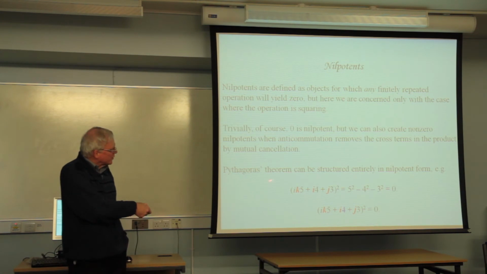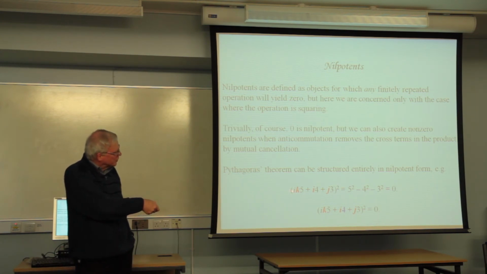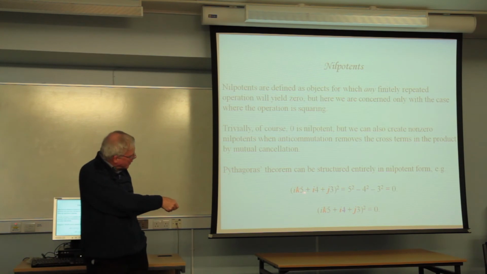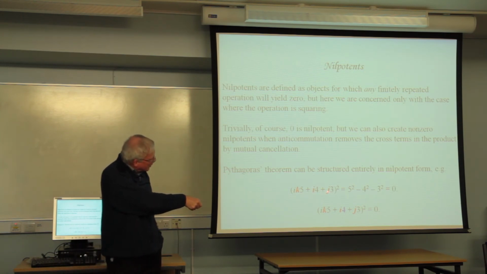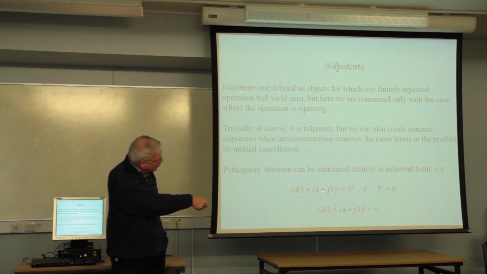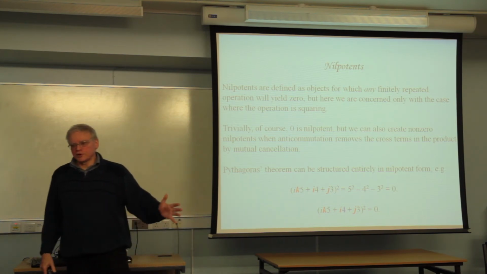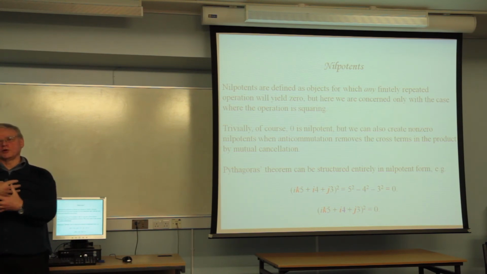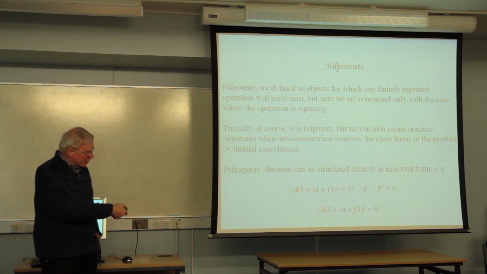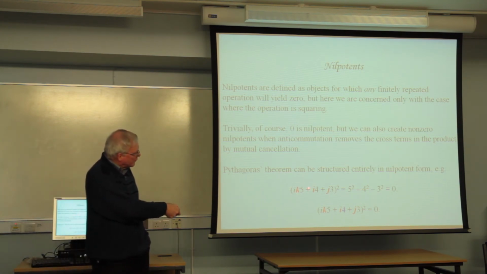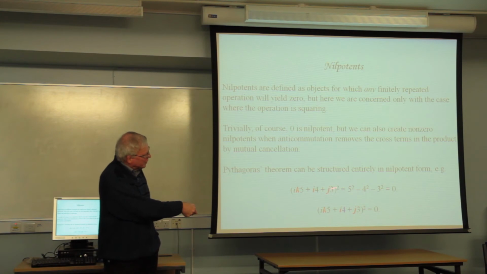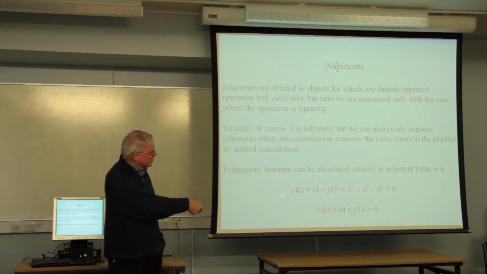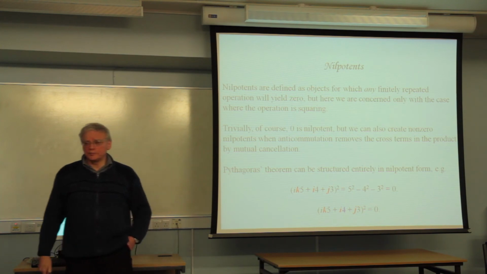For example, any Pythagorean triplet can be represented as a nilpotent. If I use my operators here, ik, and I have 5 there, and I have i there, and 4 there, and j there, and 3 there, when I square that, all the cross terms, the 4s times 5s, 3 times 4s, will all disappear because you get plus and minus versions because they're anti-commutative. Whereas the squared terms will remain. So that will become 5 squared, minus 4 squared, and minus 3 squared, which is 0. And it can represent any Pythagorean number that way.